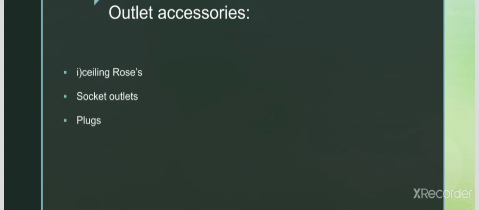According to the number of pins, sockets can be classified into 2-pin sockets and 3-pin sockets. So 2-pin sockets can be rated as 5 amperes 250 volts, and they consist of an insulated base having two hole terminals, nothing but 2 pins, in which 2-pin plugs are inserted, and both terminals are of the same length and size. Coming to 3-pin sockets, a 3-pin socket can be rated as 5 amperes 250 volts or 15 amperes 250 volt sockets.